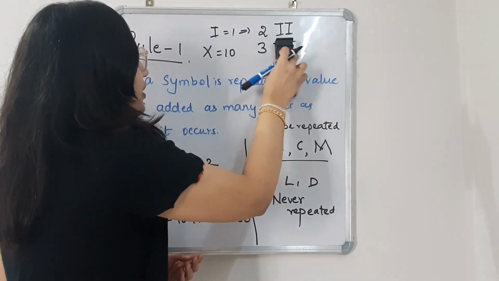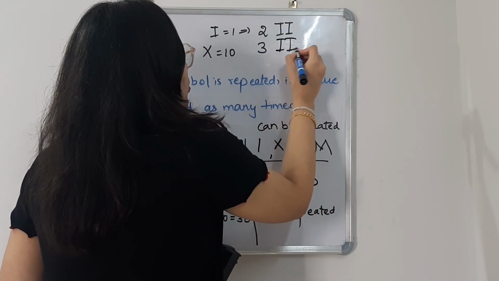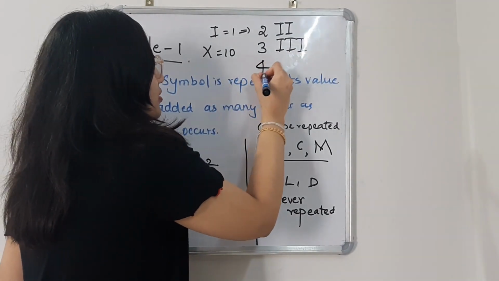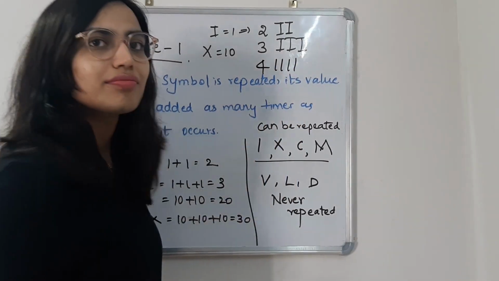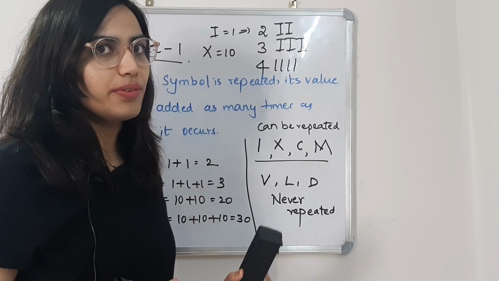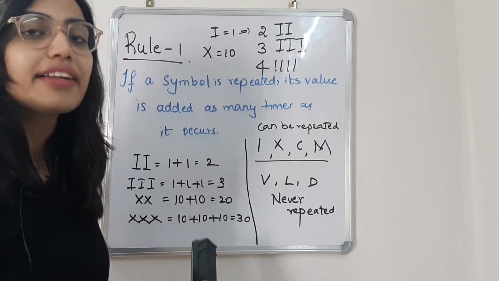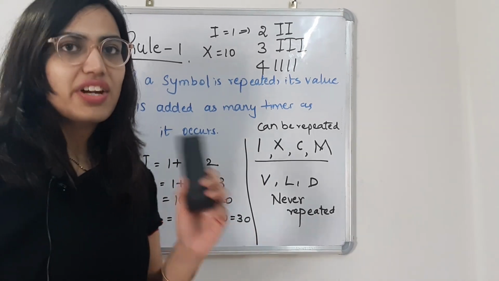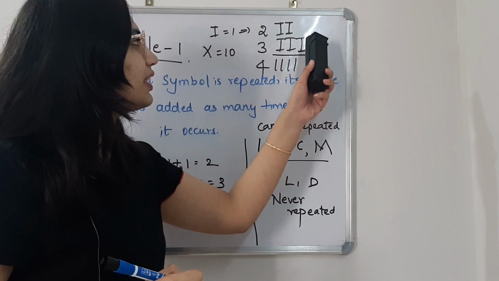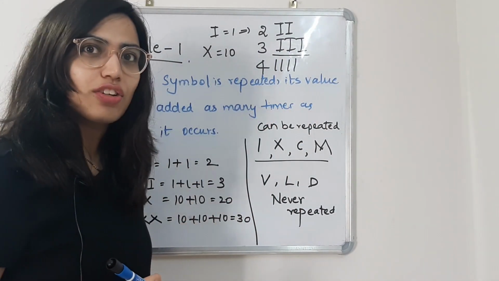Okay, so 3 will be 3 I's. But you might have a doubt. What about 4? Can 4 be 4 I's? No. There is a restriction for this rule. Any Roman numeral can be repeated not more than thrice. That means any Roman numeral can be repeated only 3 times or less than 3 times, but definitely not more